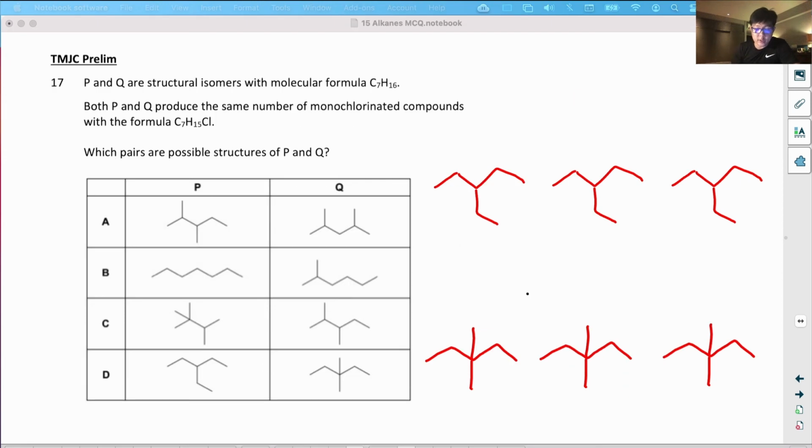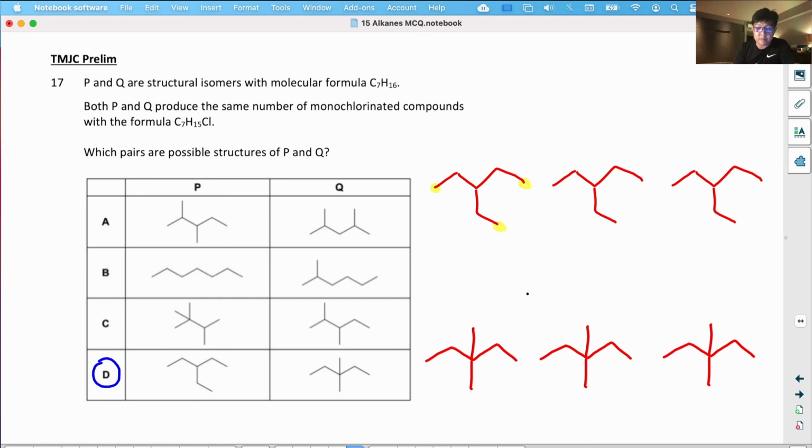Okay, let's go through question 17. The first part says both P and Q produce the same number of monochlorinated compounds with the formula. Which pairs are possible? So I'm going to go straight to the answer. The answer is D. Why is the answer D? Because if you look at it carefully, we can replace any H on this carbon, or this carbon, or this carbon,